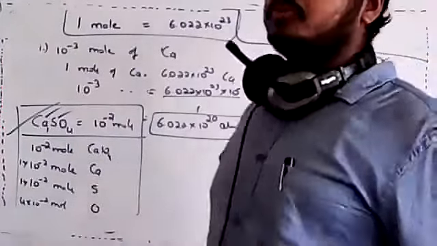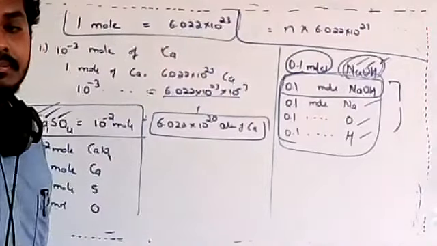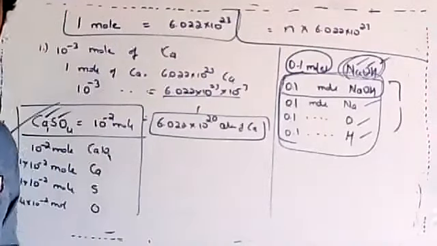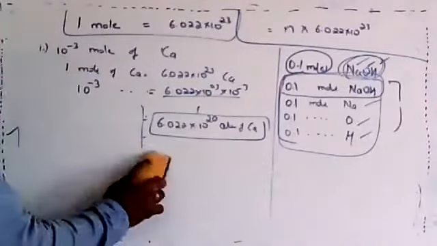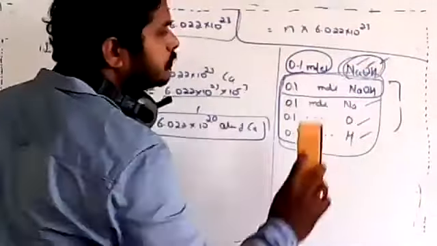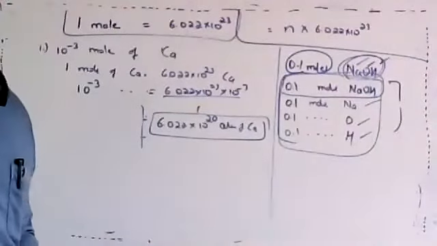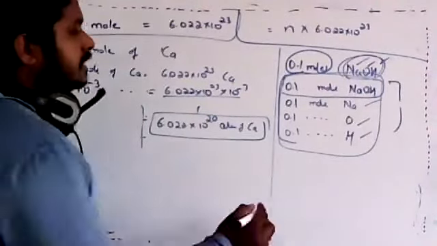Another direct question you will be getting on this topic is calculating the number of atoms or molecules in the given sample. So let's solve now. The second one is very direct. They are given 0.1 mole of NaOH, and they are asking how many atoms. Yes, Shilpa, directly use this formula.